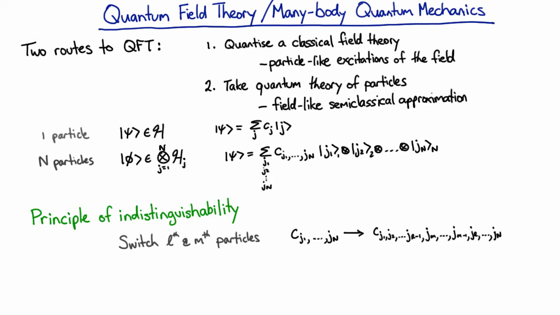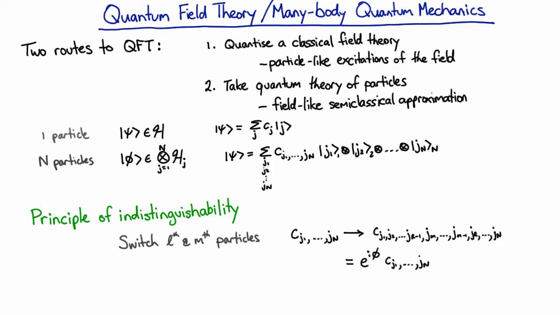If there's any different phase relationship between coefficients for different states, then we can measure that. There's some observable that will measure that. So there's some experiment that will tell. So the only kind of state that has exactly the same results for all experiments is one that has all possible pairs of combinations of basis states have the same relative phase. And that means that these two coefficients must be the same up to a global phase.